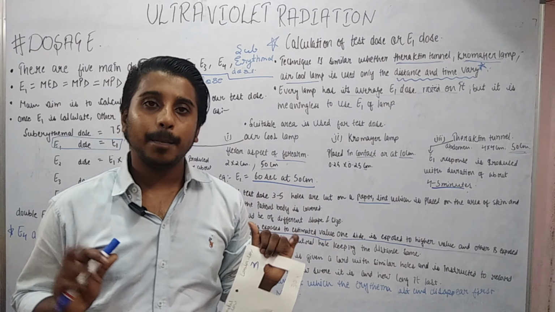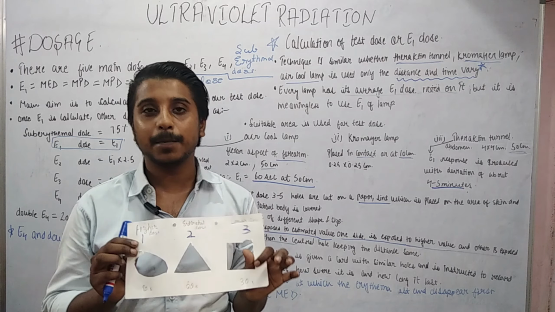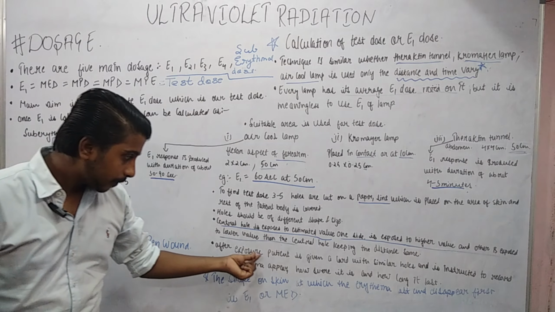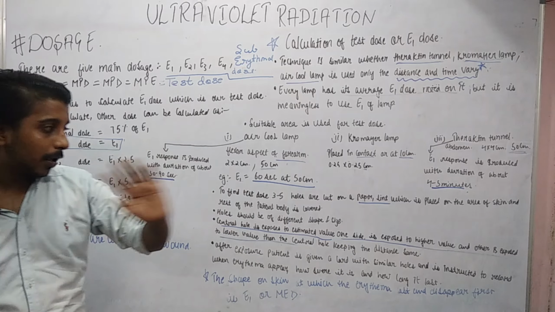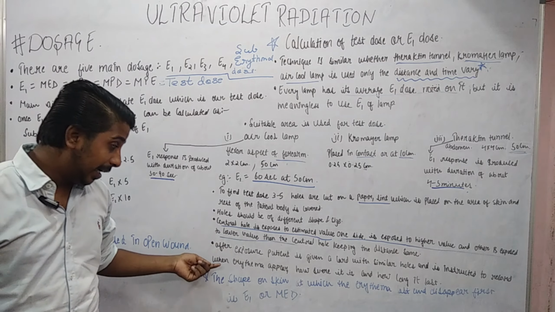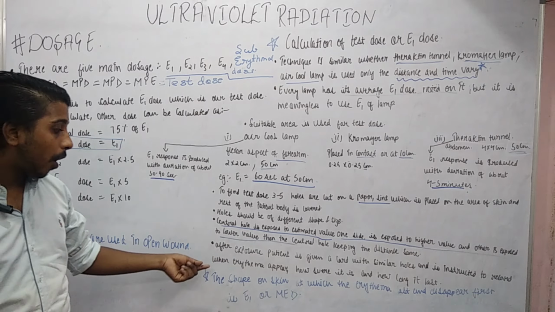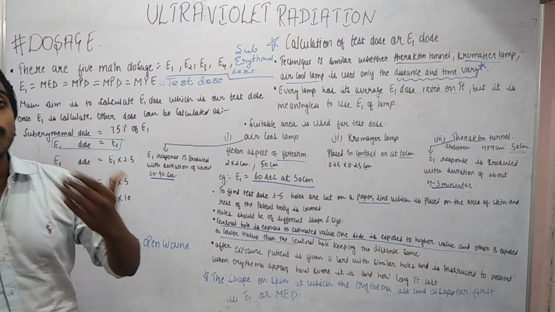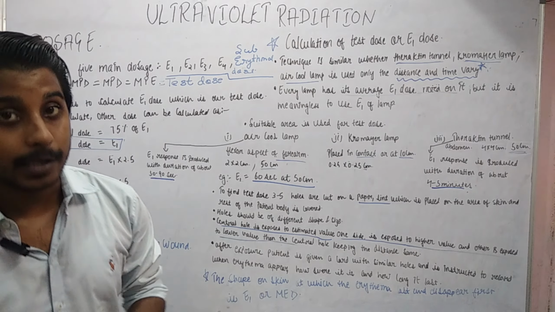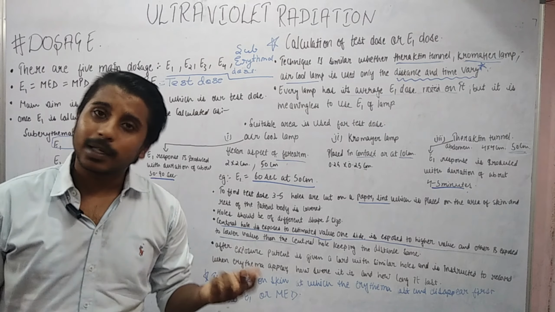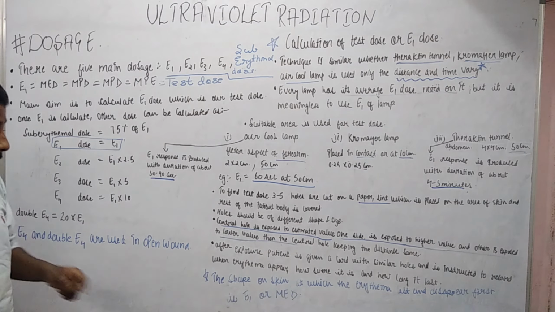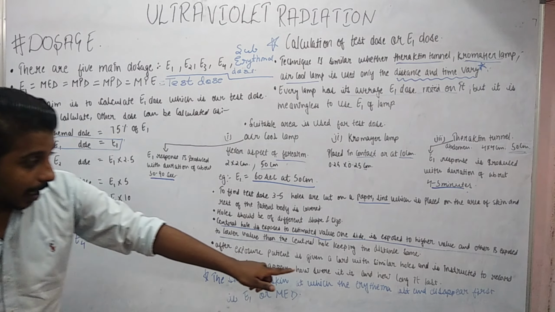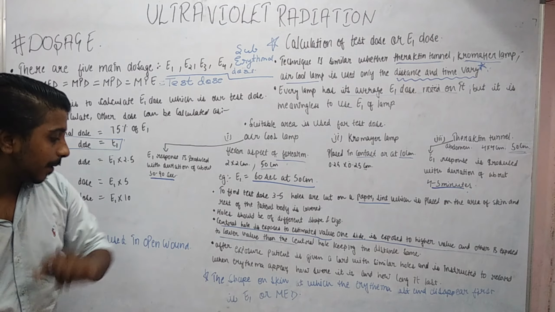After all this, the patient is given a chart which has the same shapes drawn on it. You can see, after exposure to the UV radiation, the patient is given a card with similar holes, and he or she is instructed to note or record when erythema appears, how severe it was, and for how much time the erythema lasts. And now you will say, sir, what is the minimal erythema dose or the E1 dose?